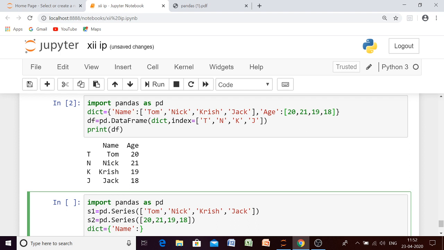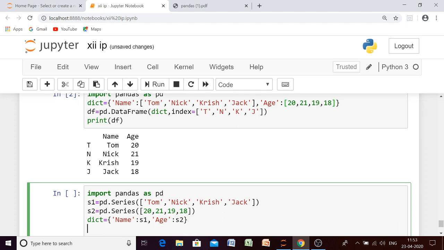The values are all stored in s1, so we write s1. The next key is age, and the values will be the next series, which is s2.